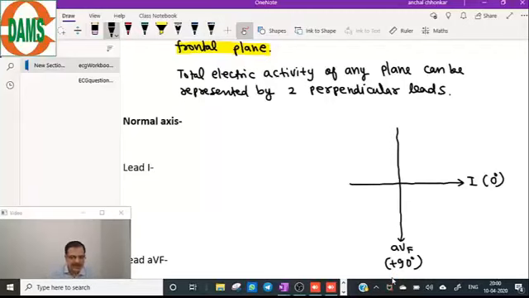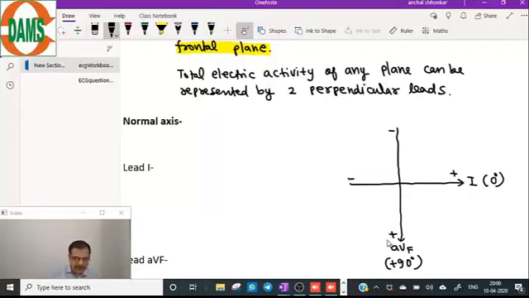QRS axis is the same as the cardiac axis. Yes, you can call this a synonym: cardiac axis, that is the heart axis or the ventricle axis, QRS axis. So this is lead 1 and this is AVF. This is the negative pole of lead 1 and this is the positive pole of lead 1. This is minus, this is plus. Vertical and frontal plane the same? Yes, vertical and frontal plane are the same.